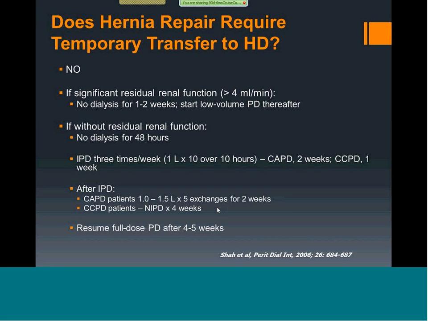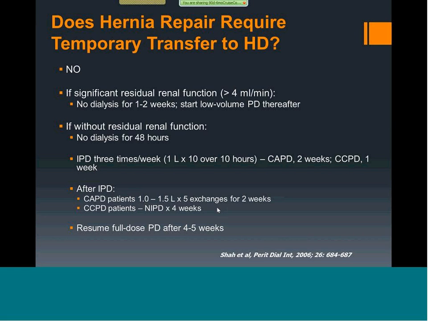We do have a write-in question, Dr. Mehrotra. I'll go ahead and read that right now. Experience with changing out the PD catheter in a single procedure in patients in whom peritonitis fails to resolve, and the concern is biofilm in the catheter? Right. The answer is we have experience in that, and actually a lot of good experience in that.